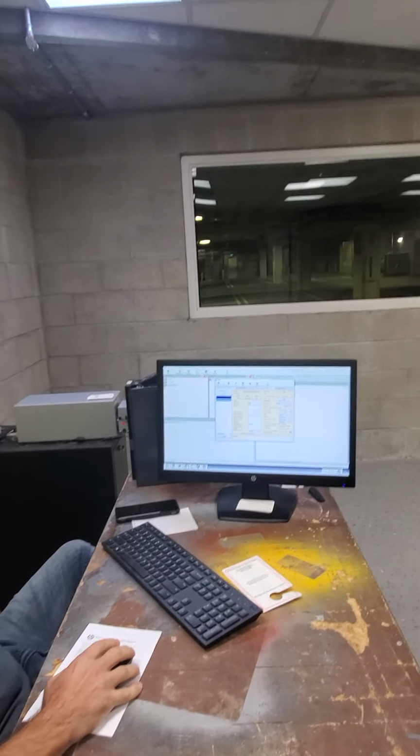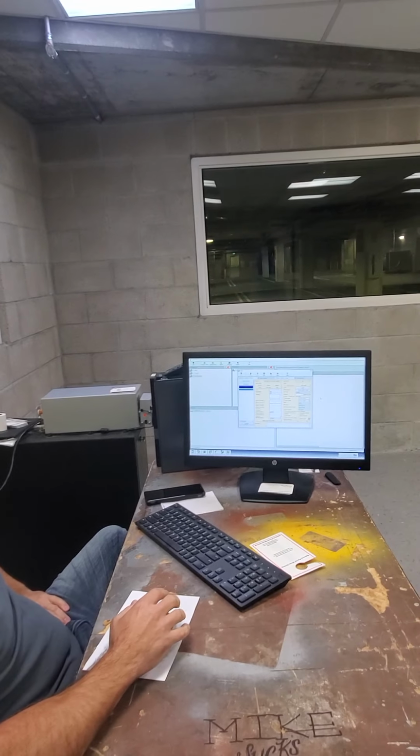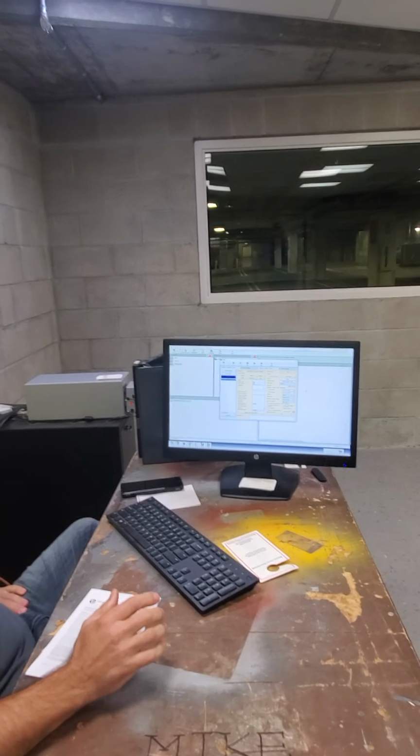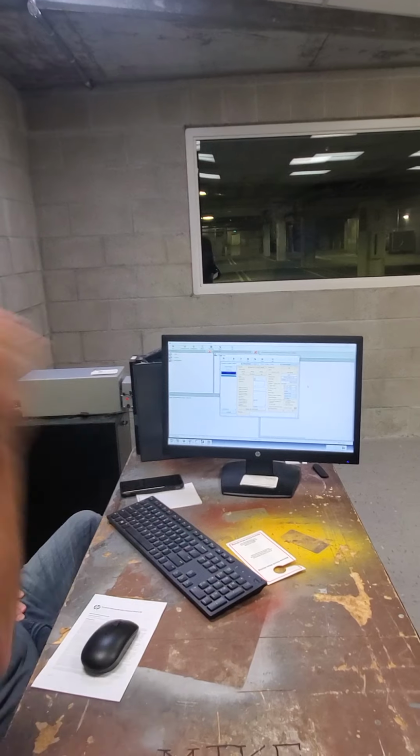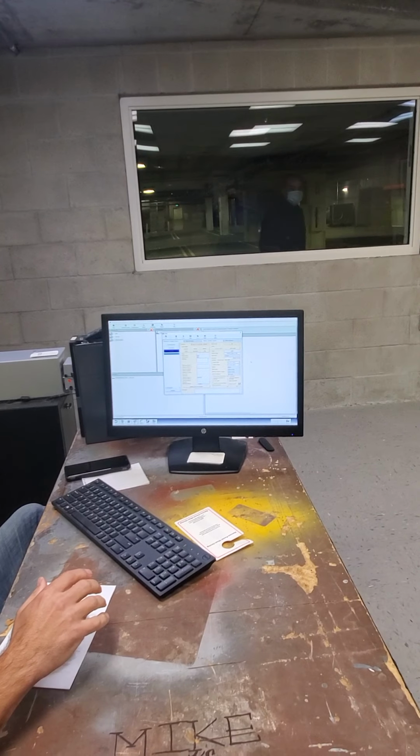I don't have any tape. That's gotta be annoying on the camera. Okay, so wet then paper towels. It'll be easier for them so they don't have to be